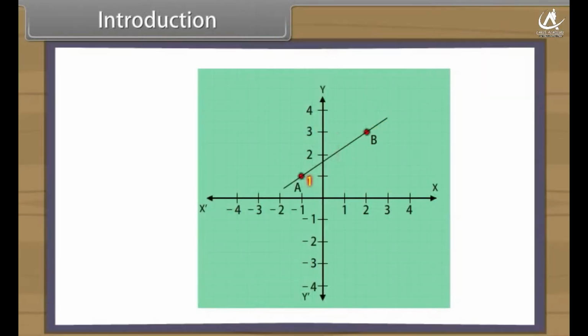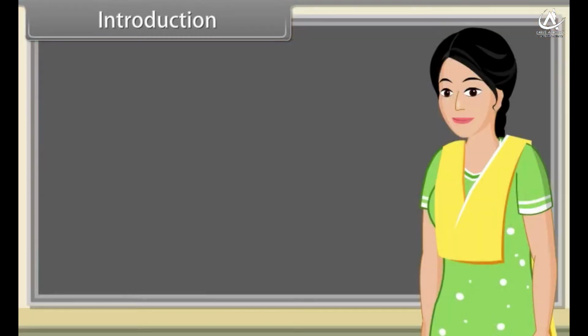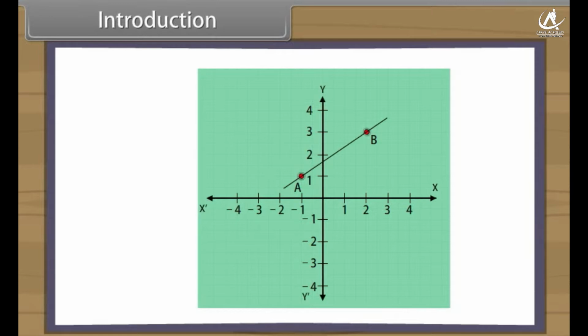We can see that the up movement is positive while a down movement is negative. In the same manner, a right movement is positive while a left movement is negative. Notice that to go from points A to B, we went 2 units upward and then 3 units to the